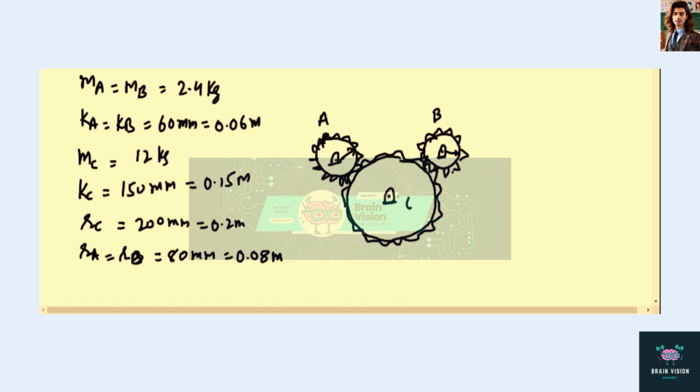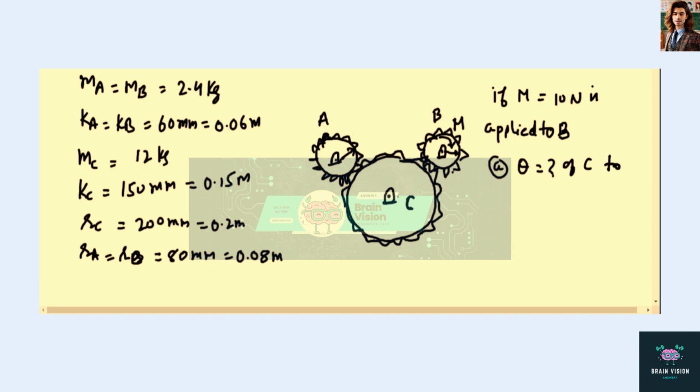If a couple M of constant magnitude of 10 Newton meter is applied to gear B, calculate the number of revolutions of gear C required to increase the angular velocity